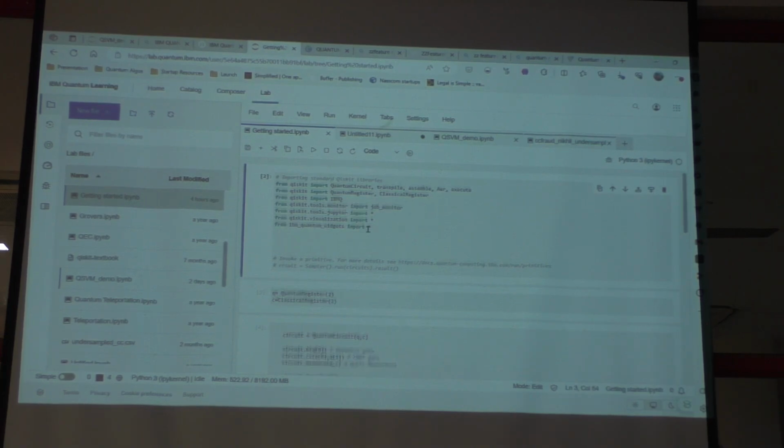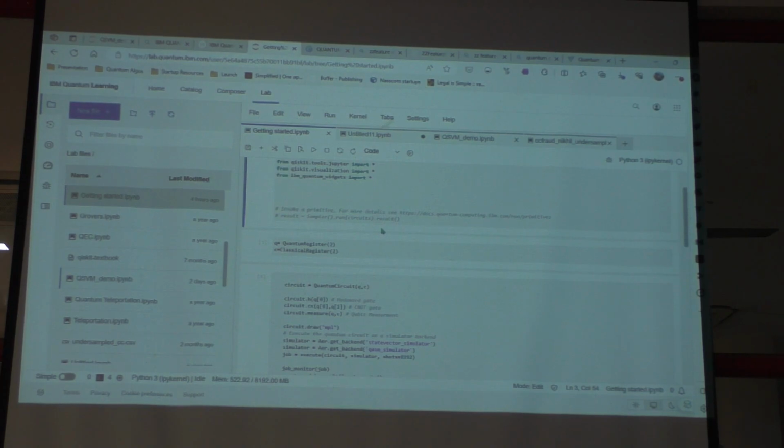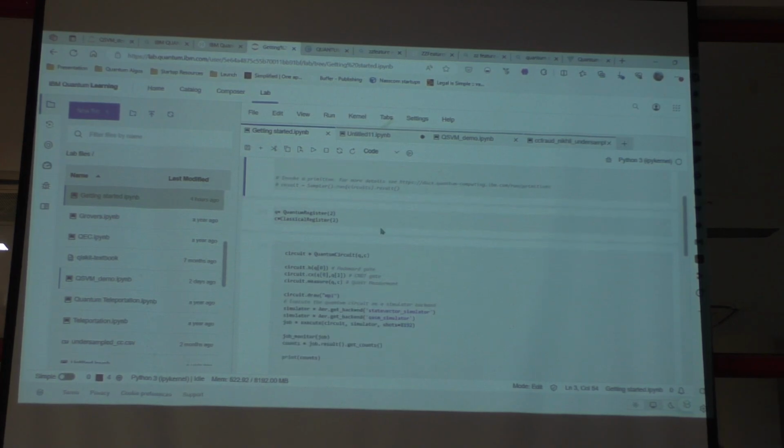Once that is imported, you can start writing your own code to create a quantum circuit. Right now we have shown a 2-qubit circuit. You can go with 1 or 3 to try it out.